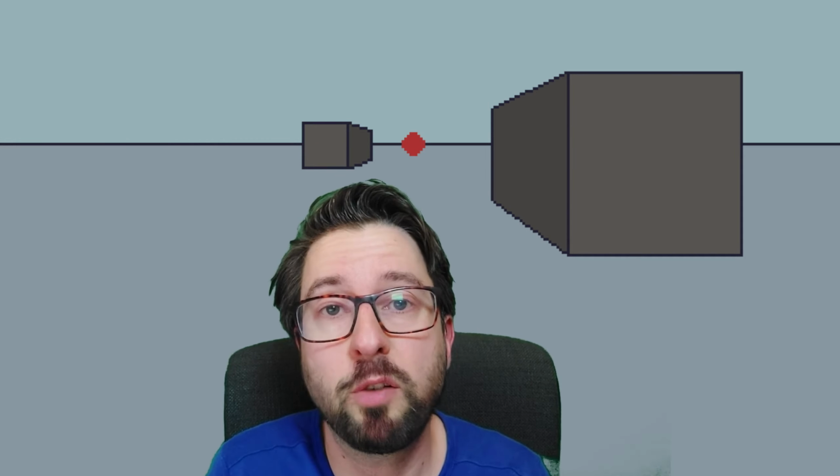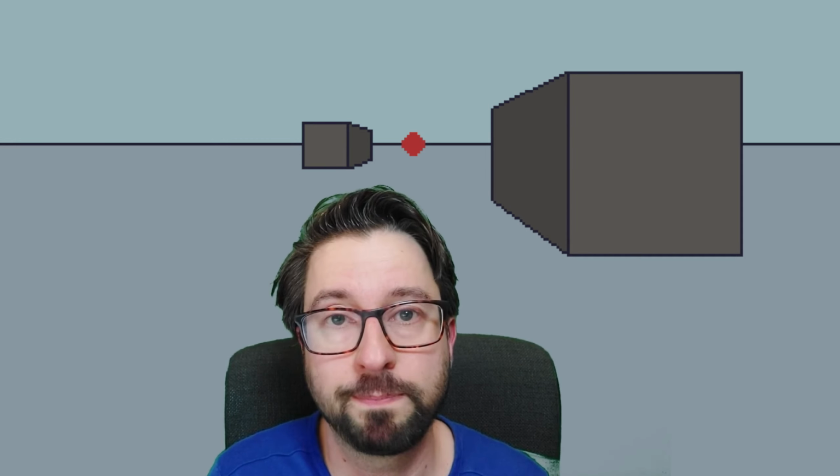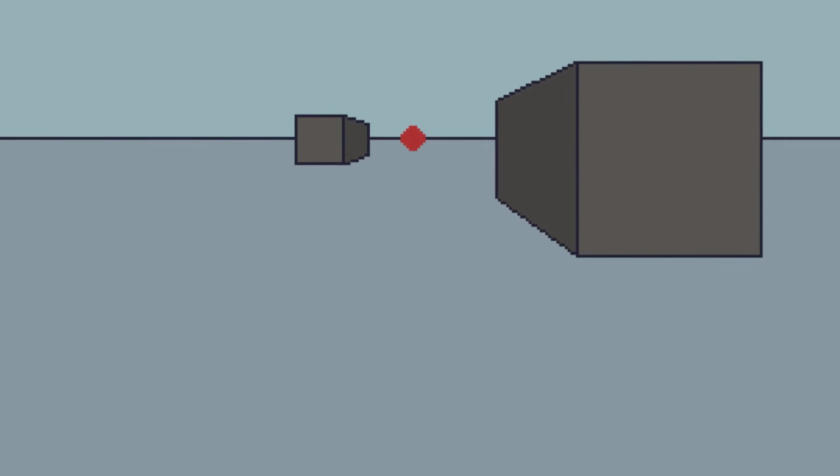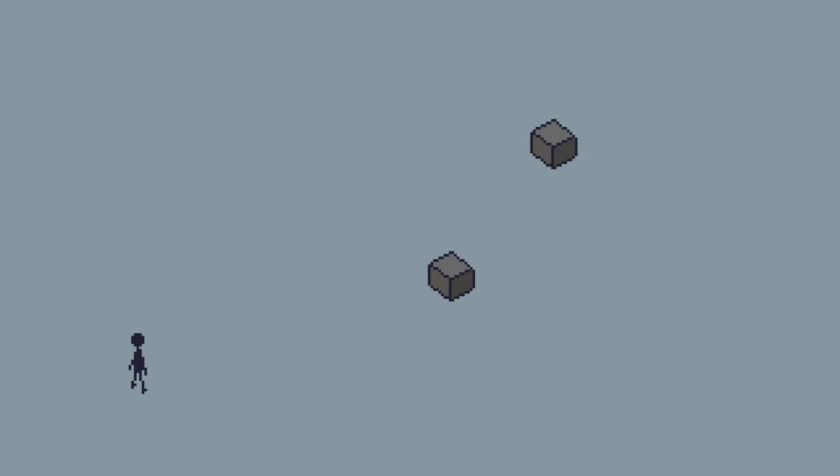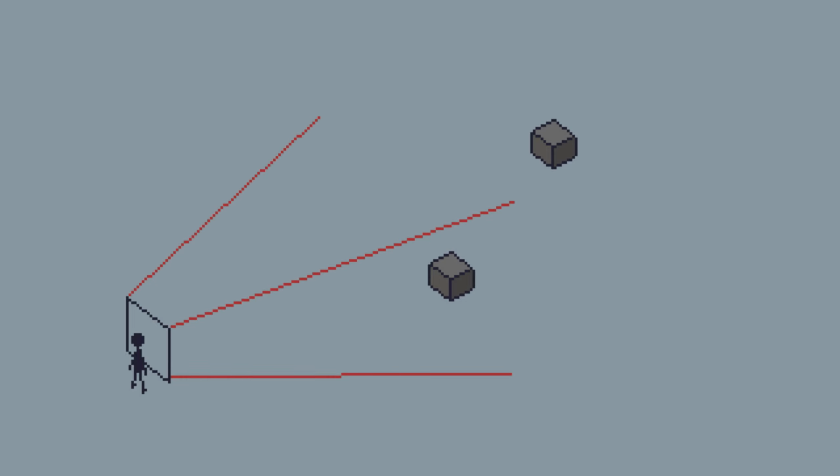But how does this work now for scenes with more than one vanishing point? To understand this, let's look at this scene here from an outside perspective. Imagine that you are now a different viewer of the scene which observes the previous viewer. The scene then may look something like this. So we still have our two objects here and the viewer from before is standing somewhere around here. This viewer is looking at the scene through the canvas of the image, or in other words, through a 2D image plane such as this one. You can imagine it like a window that is fixed in front of the viewer's eye and which can move around with the viewer in the scene.